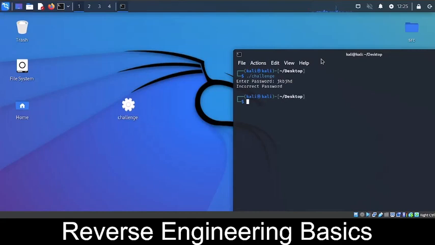Now what am I supposed to do? The first lead I have got for this particular challenge is that I have to find out this password, or what it is asking for, in order to get something out of it, right? So the first thing we should ideally do for these kinds of challenges is check the strings inside this executable, right? So to do that in Linux, we can just do the